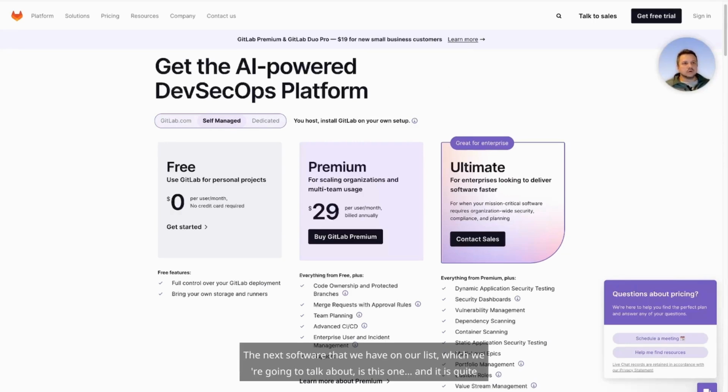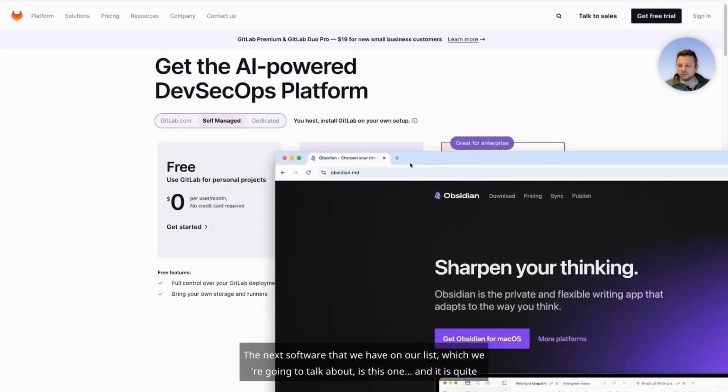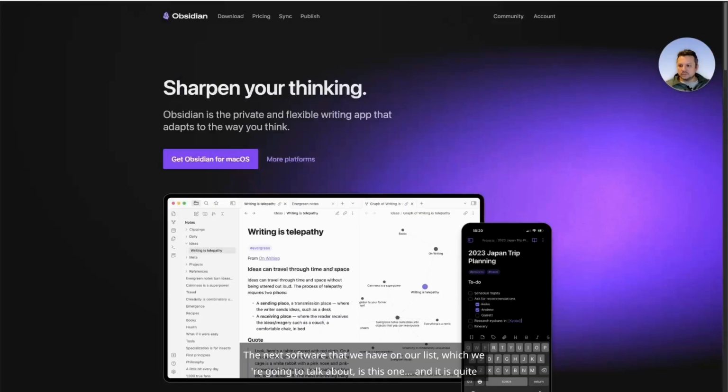The next software that we have on our list, which we're going to talk about, is this one, and it is quite interesting. I'm sure all of you take notes on your computer. So right now you're finding some information and you need to jot it down for future use. And for a long time, the leader in this niche was the Evernote program. It's a great program. I've been happy with it for many years, but the main downside for me has always been that